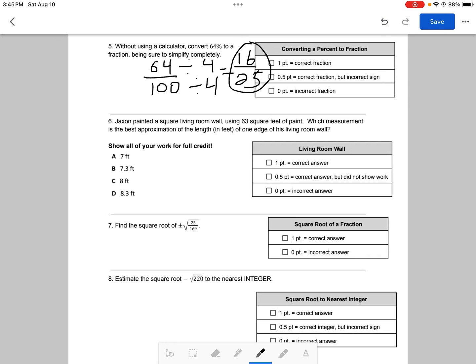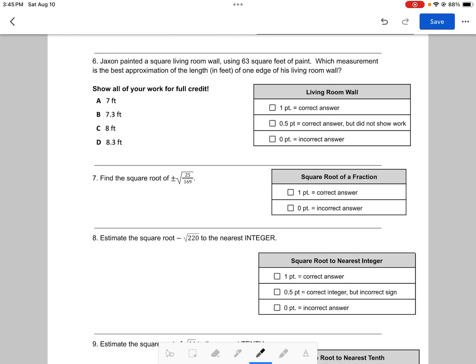Moving down, it says Jackson painted a square living room wall using 63 square feet of paint. Which measurement is the best approximation of the length in feet of one edge of his living room wall? So if his square living room wall is 63 square feet, then I know that a square has sides that are all the same. So in order for me to just find one side of the square, if this is his wall and he used 63 square feet of paint to paint it, I need to take the square root